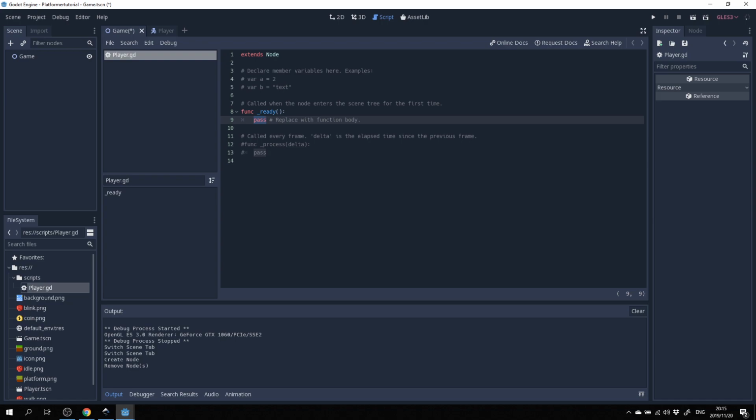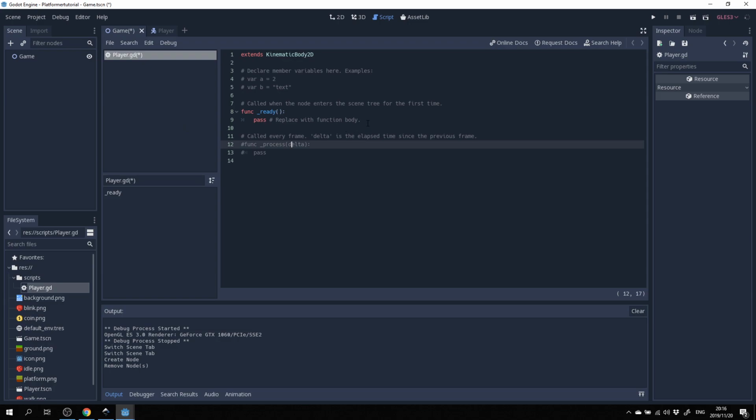Let me start off by talking about what we're extending, and extending means that we're going to be using, or inheriting, that node. The node we want to be extending is KinematicBody2D, so that allows us to have some type of physics enabled for the script, and so that we can make some changes to our player's velocity and move our player around in our scene. So let's start off with just extending KinematicBody2D. That will give us the functionality to actually manipulate our player's KinematicBody2D.